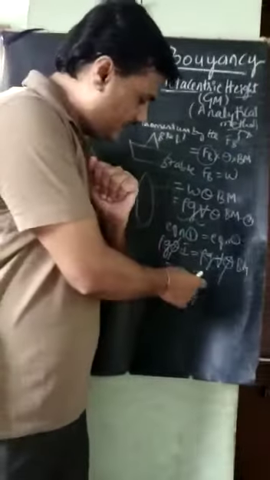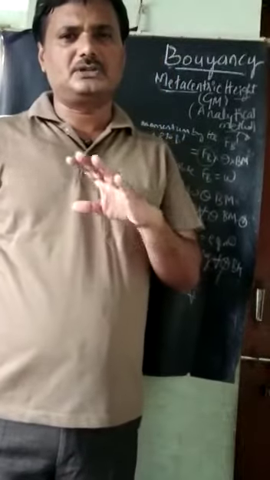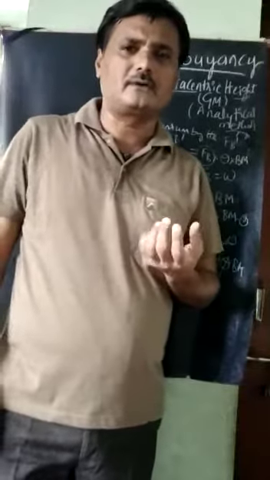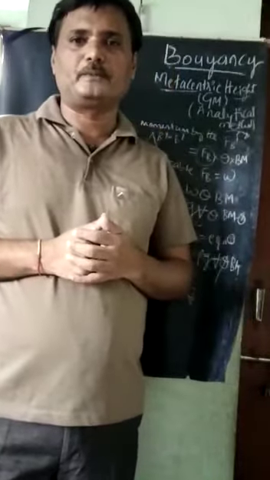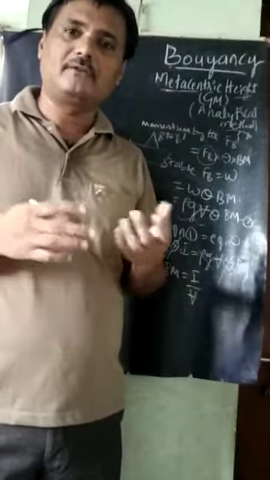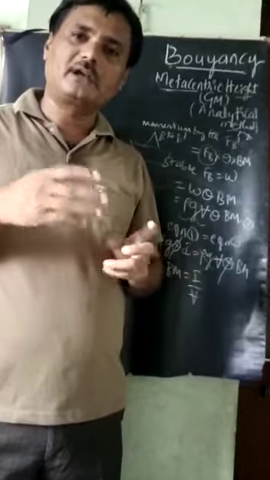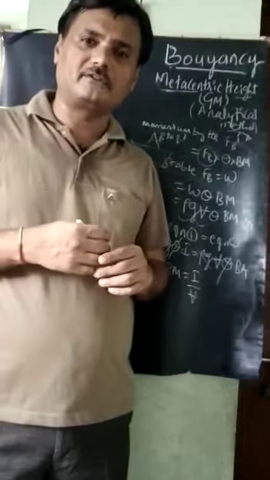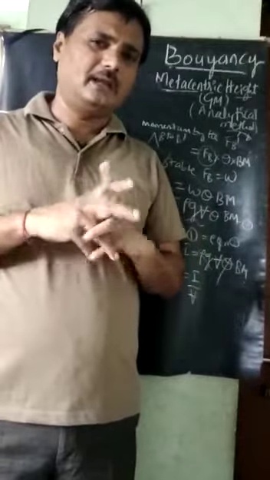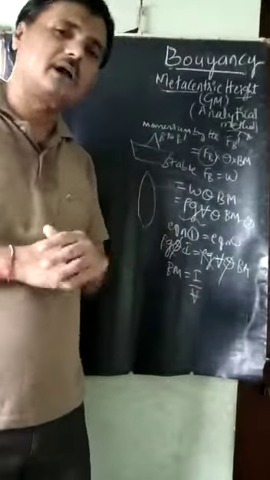So this moment of inertia I depends on the type of the shape, and also on the size. Different formulas are there. Well-established formulas exist for different regular shapes. For a rectangle it is bd cubed by 12. For a circle it is pi d raised to 4 divided by 64. Like that, for a particular shape the equations have already been derived, and we can use them here for I.